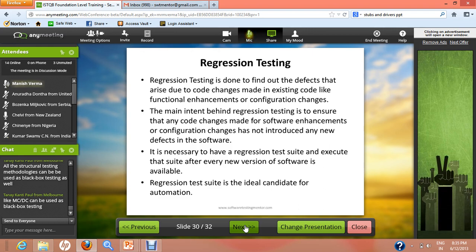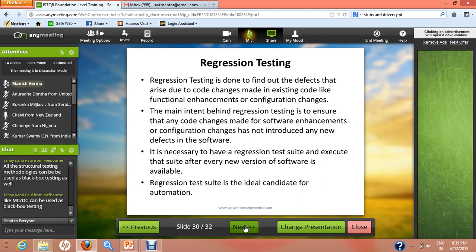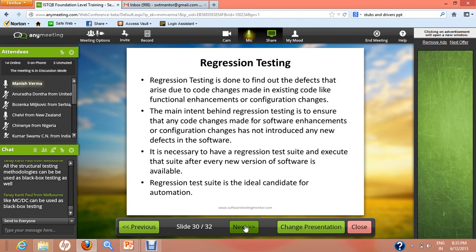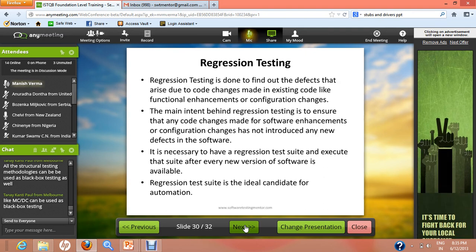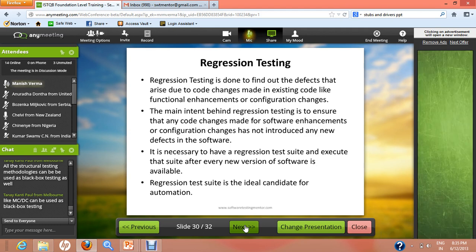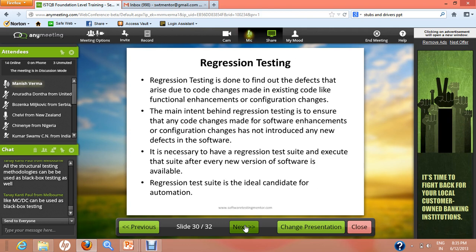Multiple condition decision coverage is used mostly in white box testing, and for black box techniques there are various other techniques that are used: equivalence partitioning, boundary value analysis, decision table, then cause effect, cause effect graphing. But the white box testing techniques or structural testing techniques are mostly for